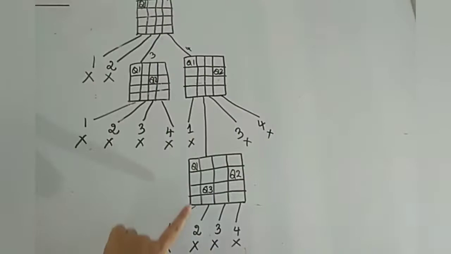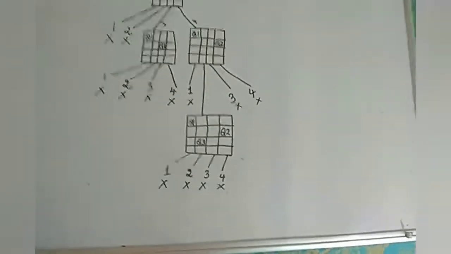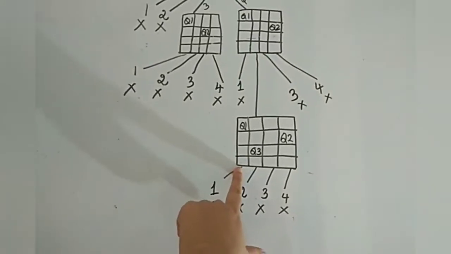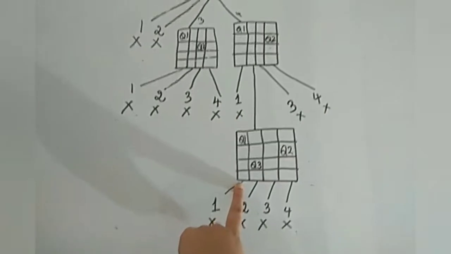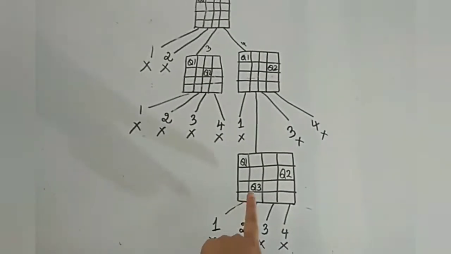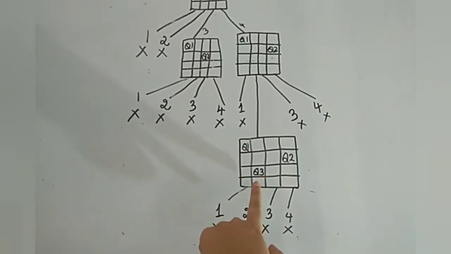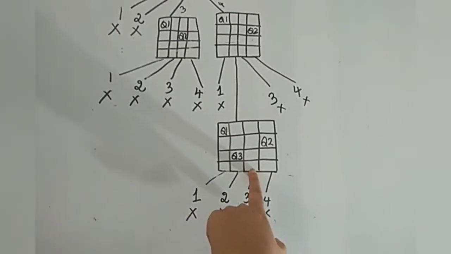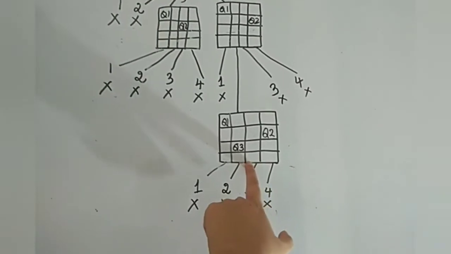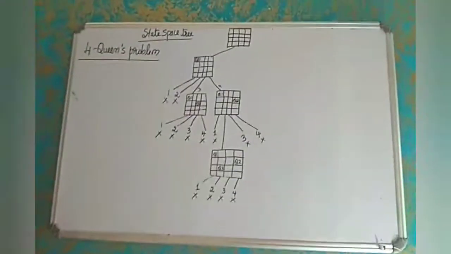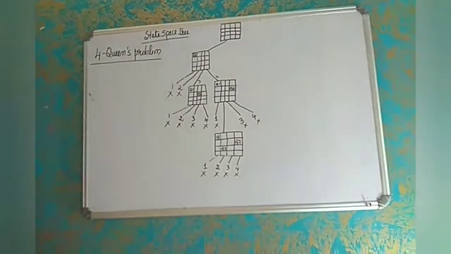So now check whether we can place it in the first column, second column, third column or fourth column. It should be there in the last row because it is Q4, which will be in the last row. So check whether we can place it in the first column. No, not possible. And second, not possible. Third, also not possible, diagonal. And fourth is also not possible because it comes in the same column as that of Q2. So it is not possible to place there also.